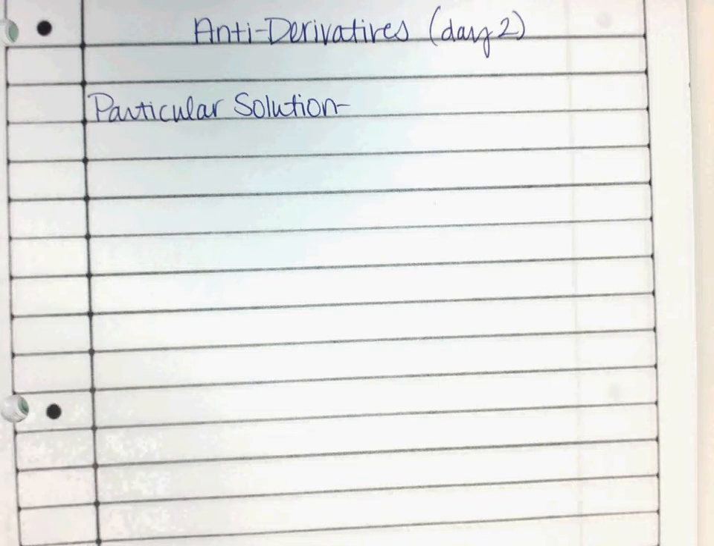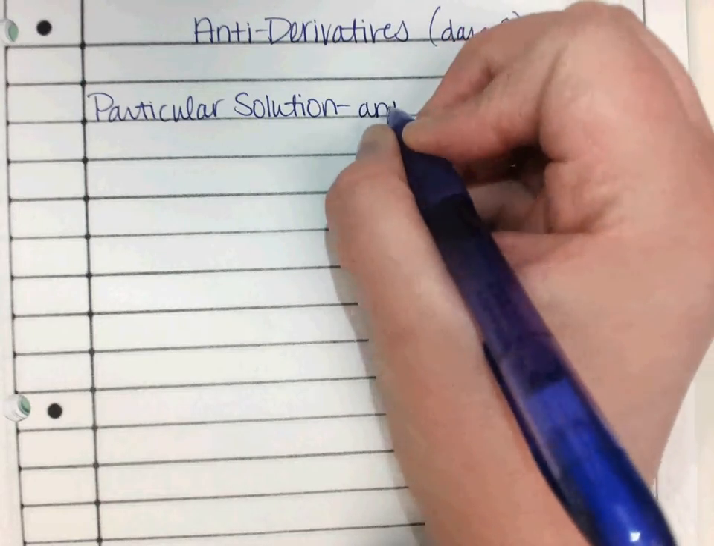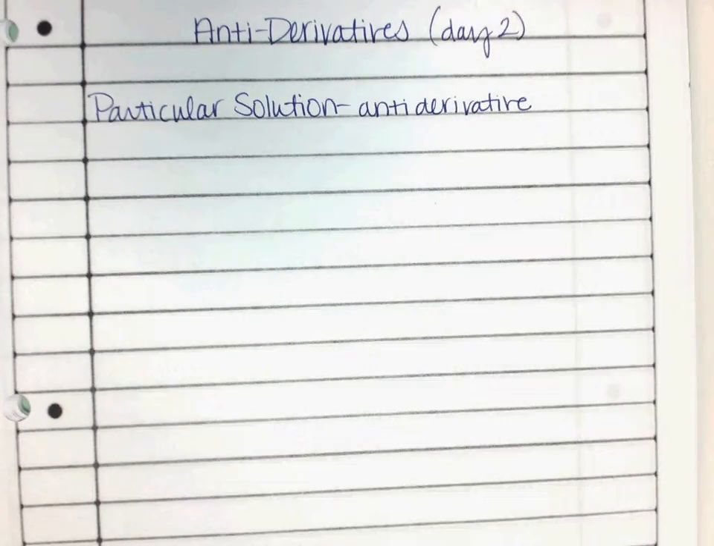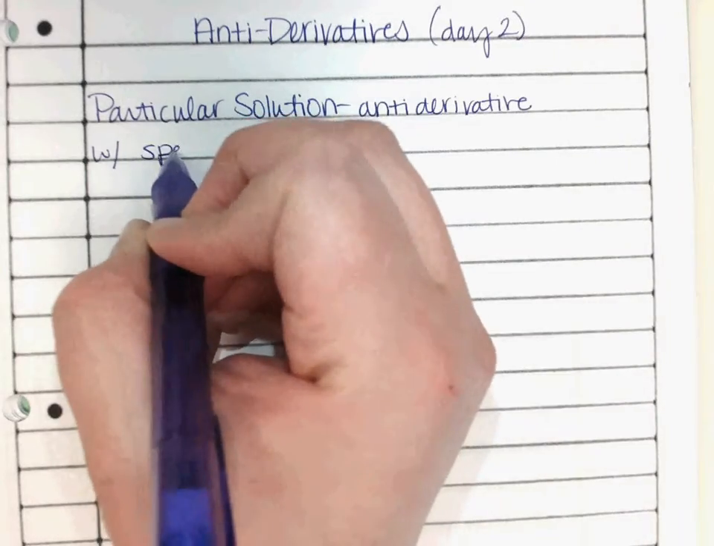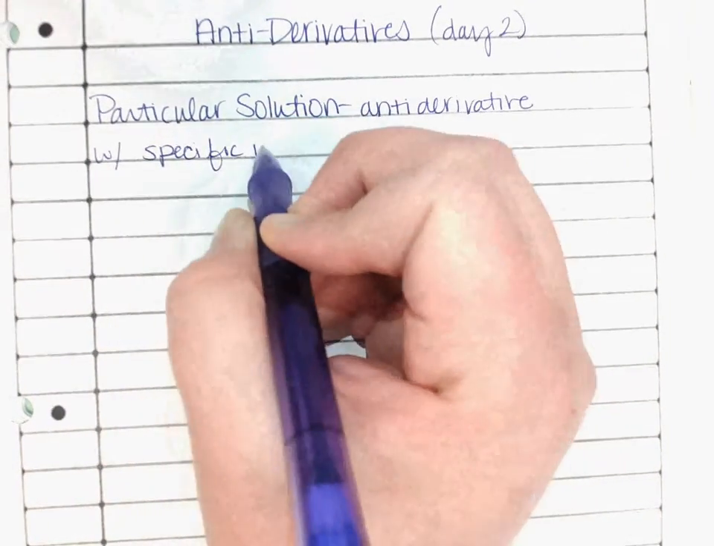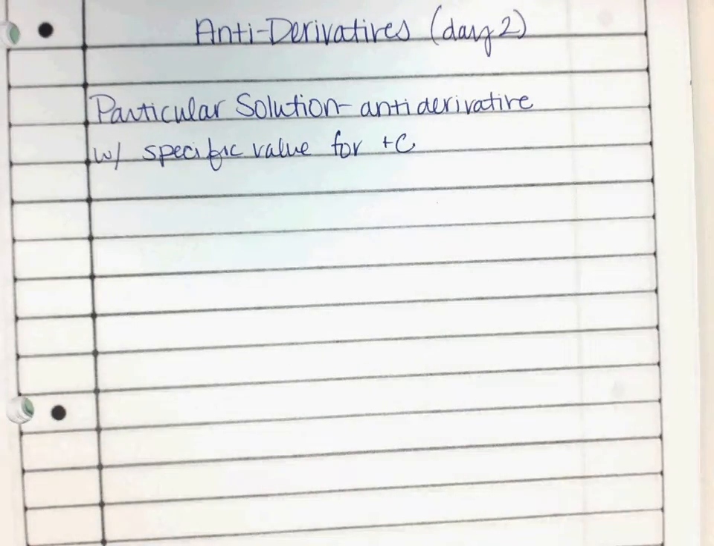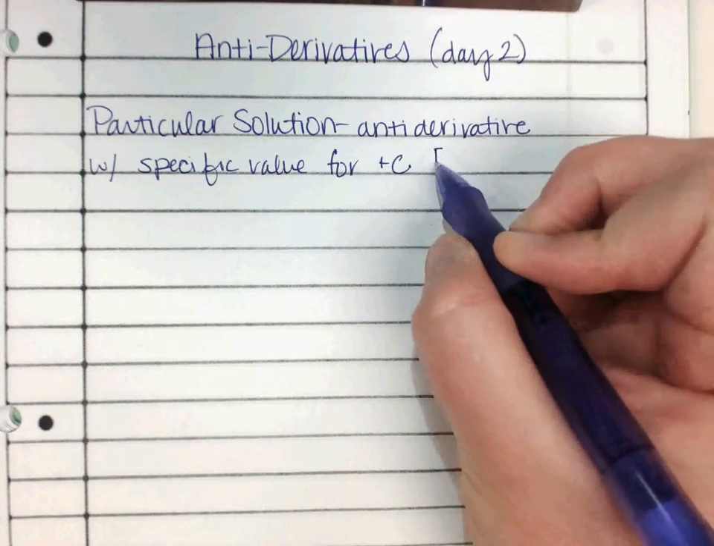Yesterday, what a general solution is? Yeah, it's with the plus C. Particular solution, you have to find C. Okay? So a particular solution is an antiderivative with a specific value for plus C. Okay, and then in order to find it, you need